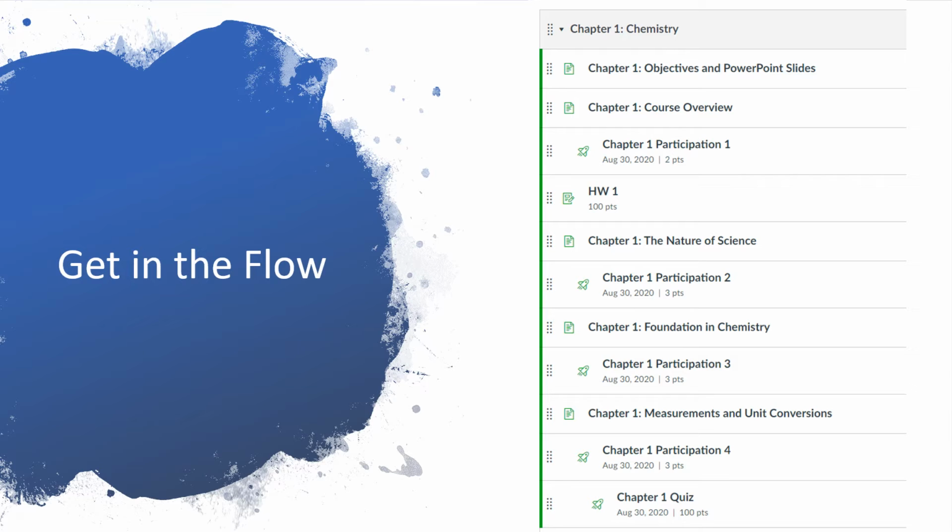I anticipate that when you look at one of our content modules, such as this one from Chapter 1, you will be working your way through the module from top to bottom. So you will start with this very first page that says Chapter 1, Objectives and PowerPoint. This is where you will see a list of all of the objectives for the entire Chapter 1 in one spot. And keep in mind that when I write